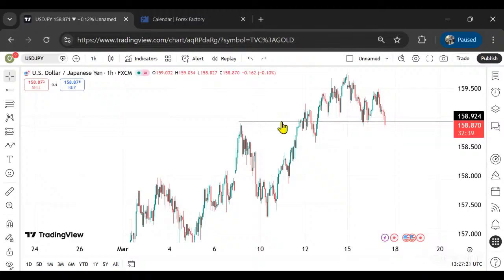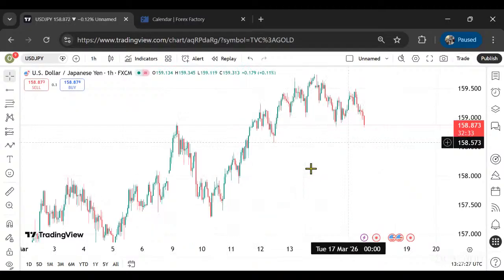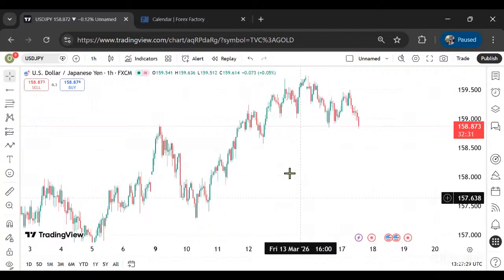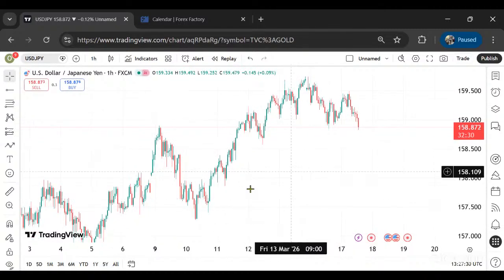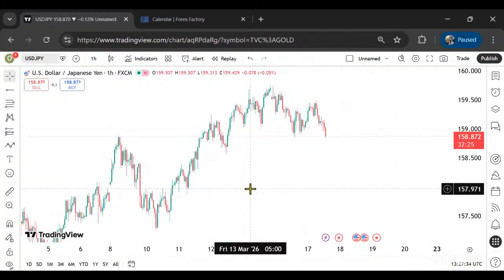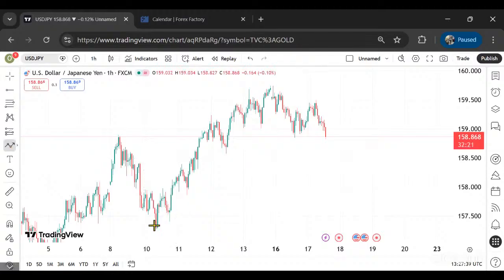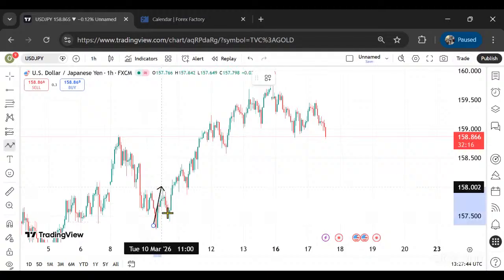I'm going to start from USD JPY. Now, USD JPY has been in a massive uptrend. If you pay attention from here, the market has been going up. Higher high,